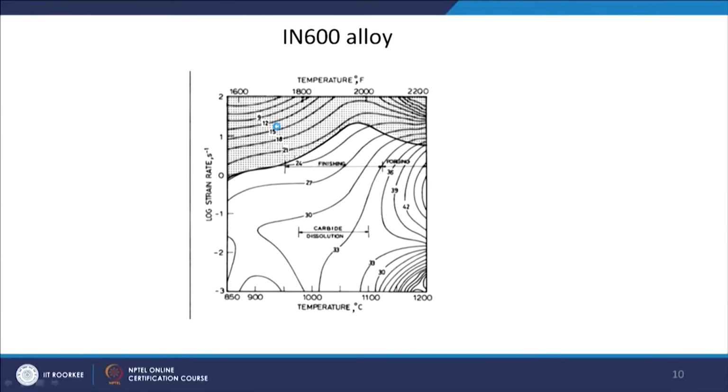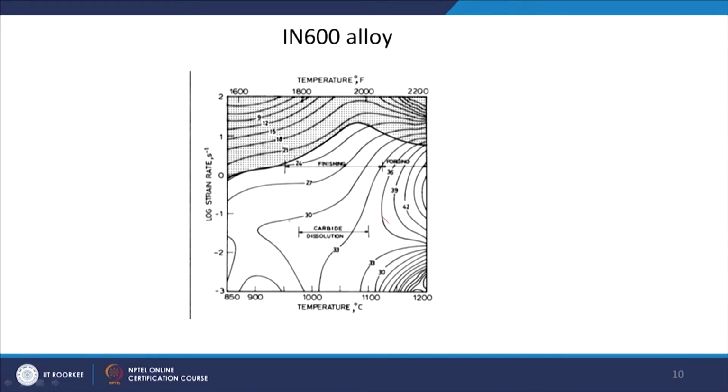This is for an Inconel 600 alloy. Okay. You have different operations. So, forging will be done at higher temperatures. Okay. As I told you, rough rolling or forging will be done at high temperature. Okay. And then the finishing operation will be done at lower temperatures. Okay. Again you can see we are just avoiding the unstable region and trying to have the maximum strain rate which can be achieved in this particular process.